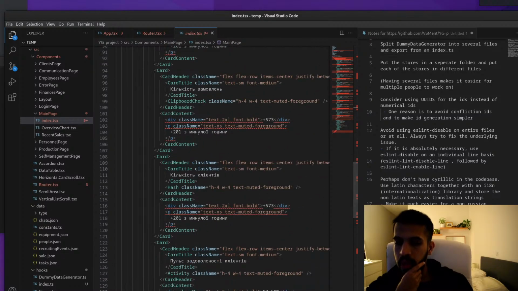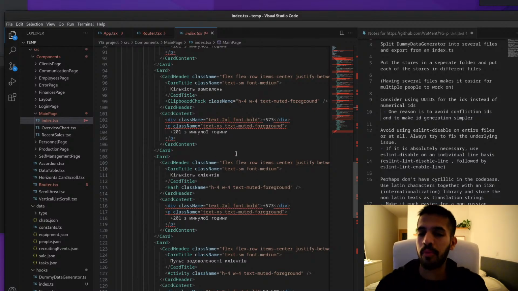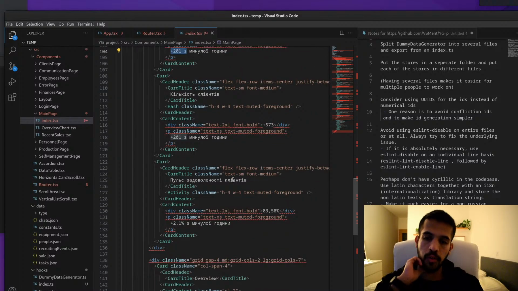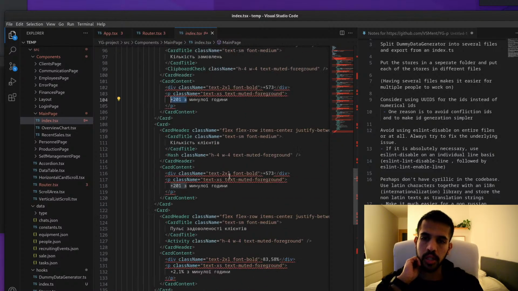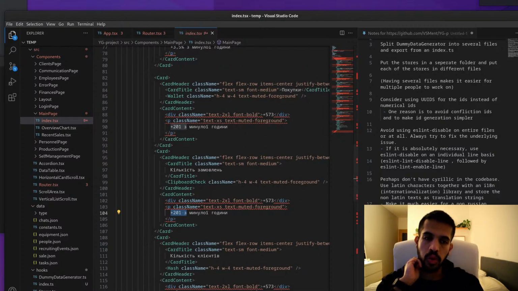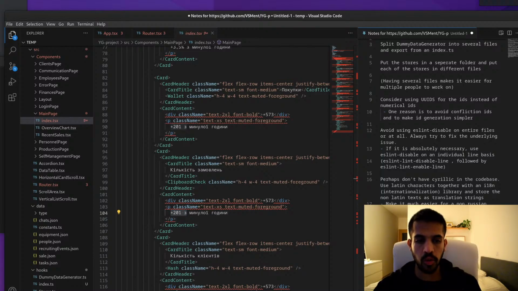In that case, an internationalization library would also be useful, because they have utilities for formatting currency, percentages, and numbers. An i18n lib will also help with number formatting.